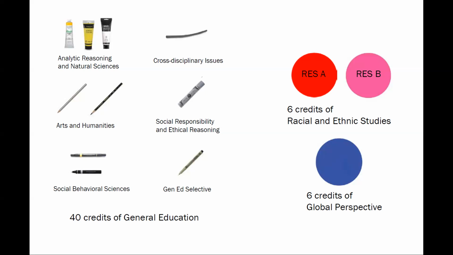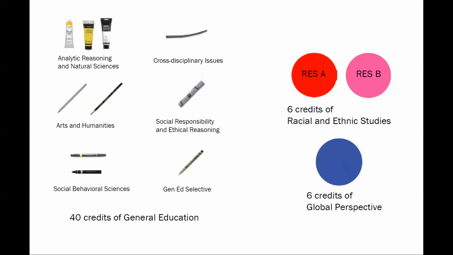Sometimes we can kill two birds with one stone, and maybe our marker is half red and half blue. And so it takes care of both of those for us. Or maybe our pastel is a combination of pink and blue. And so it takes care of both of those for us. But as long as you're choosing these red and pink and blue things that are on our list of Gen Ed requirements,